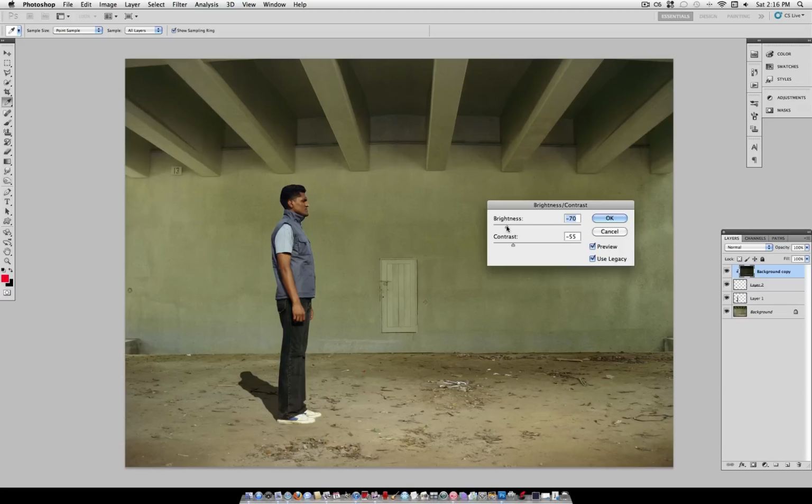If you don't have a shadow on your photo at all, I'm definitely thinking about creating a tutorial on that